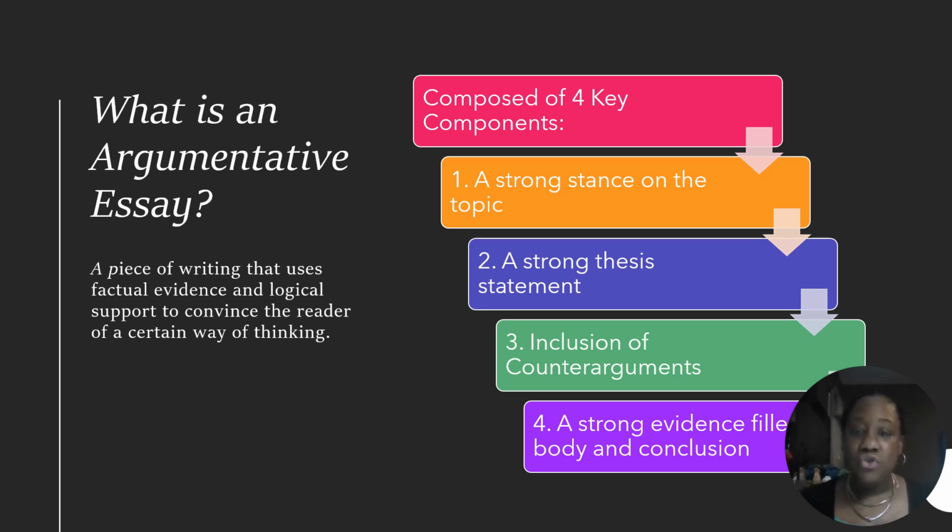You'll want to have strong evidence-filled body paragraphs and a strong summarizing conclusion. You'll want to have these two components because just as in any argument, if you are arguing a point, you don't just want to say, I feel this way, or this thing is this. There's no evidence there. So essentially, it's an